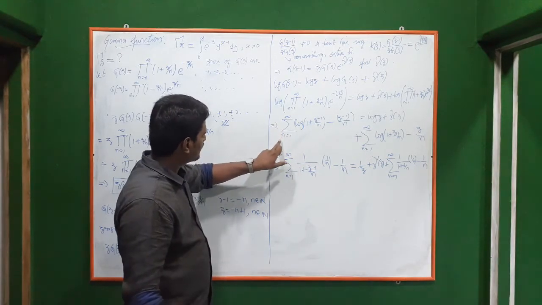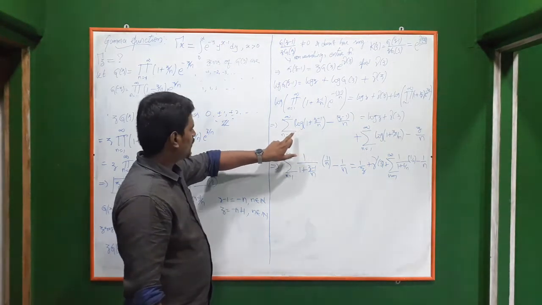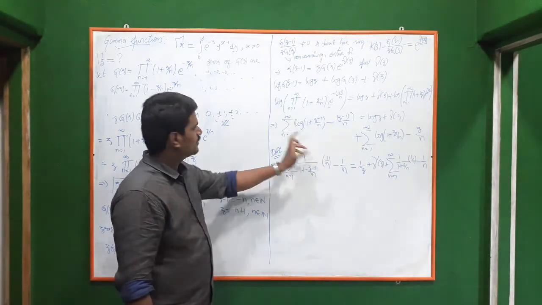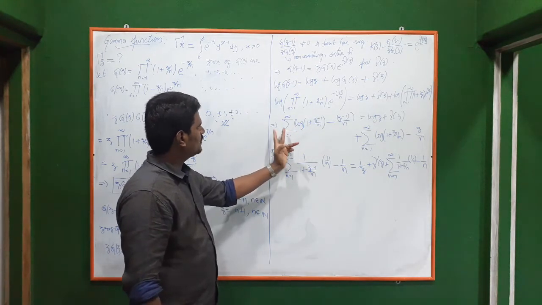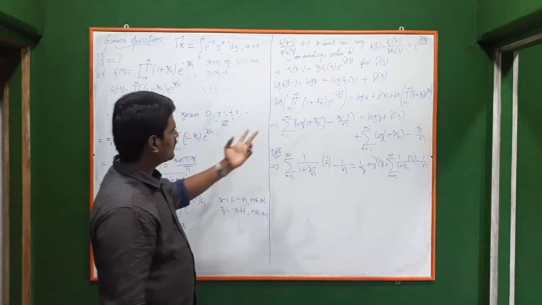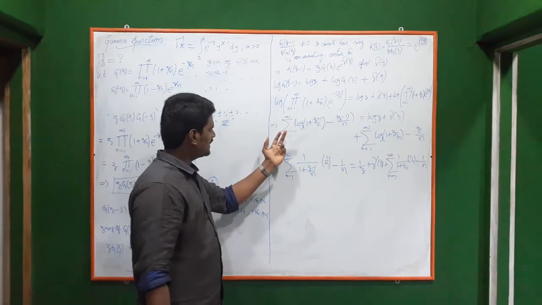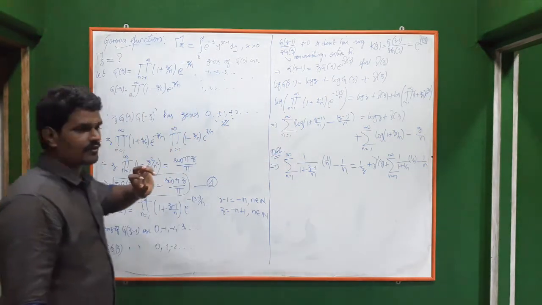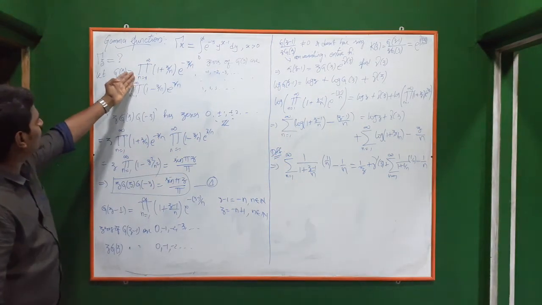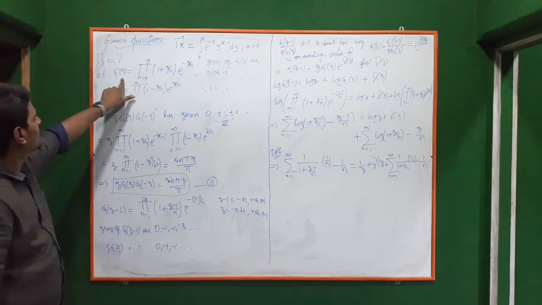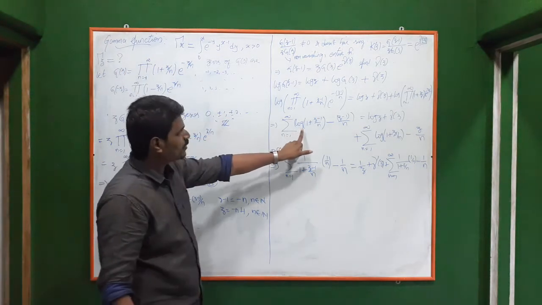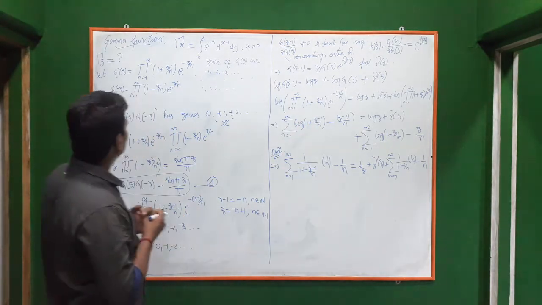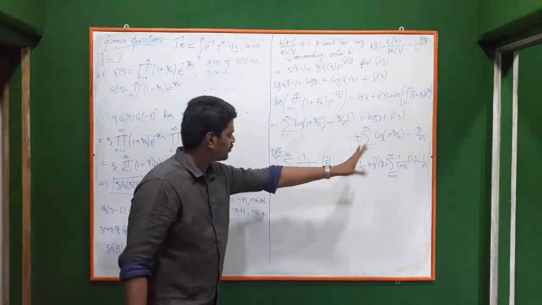That means d by dz of the summation. What we are actually doing is summation of d by dz of this function. So we are interchanging the series and the derivative. When is this possible? If this converges uniformly. This converges uniformly, we know from the Weierstrass product theorem itself. The product converging uniformly means the corresponding logarithm series converges uniformly. So you don't need to worry about that. So this is possible here.